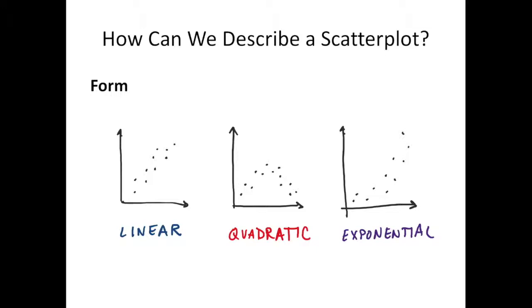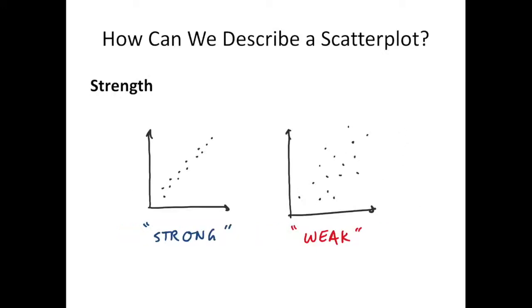As the x variable increases, the y variable increases even more. So we have direction, form, strength. Now we can discuss strength. Here we have it in quotes because we're going to have to quantify what we mean by strength. But we can imagine a strong strength here, where most of the points lie closely grouped together to form whatever shape they're making, versus on the right, a very weak scatter plot where there still looks like there's a positive direction and maybe a linear shape, but it's fairly weak because of how spread out the points are. So those are the main things we discuss: